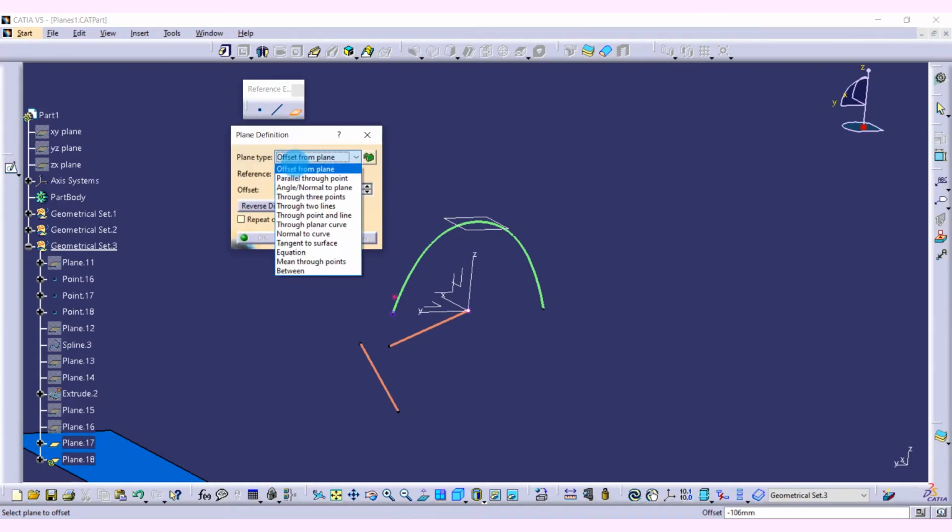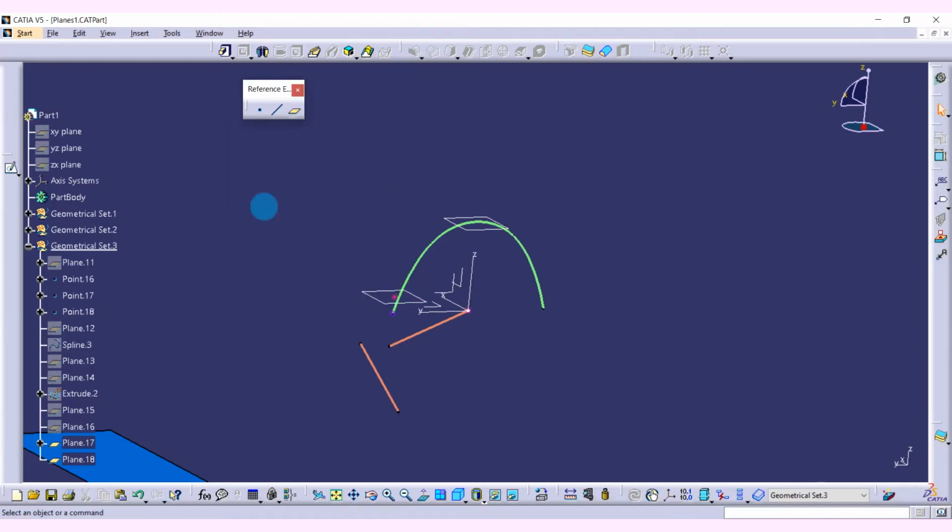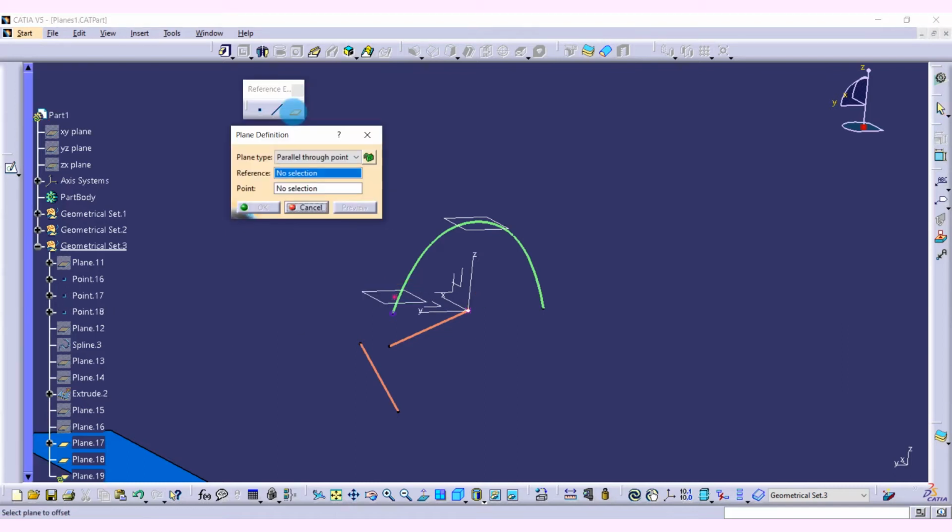parallel through points. We need a point for this. So we need a reference and a point. Let's take the y-axis as my reference and this as my point. So the plane will be created on the point. Click OK. And the next one,